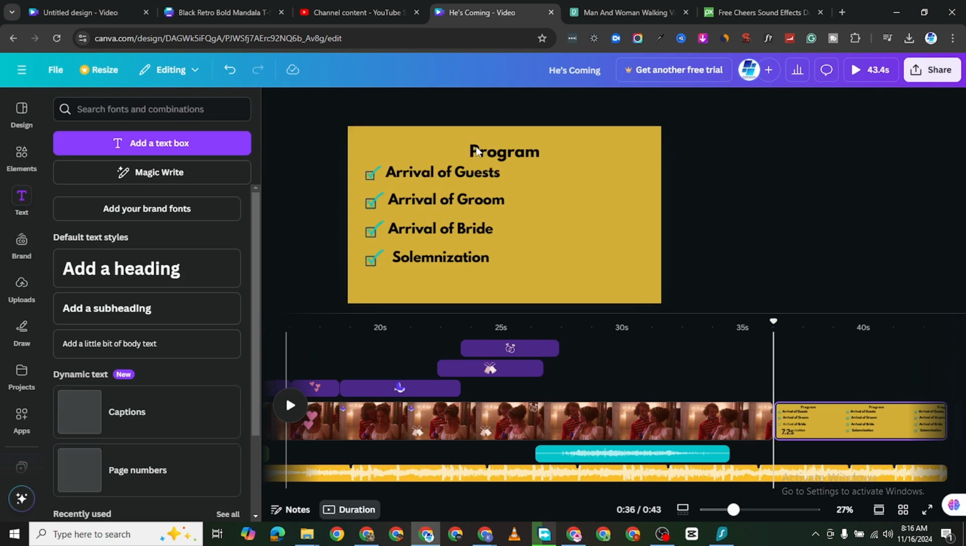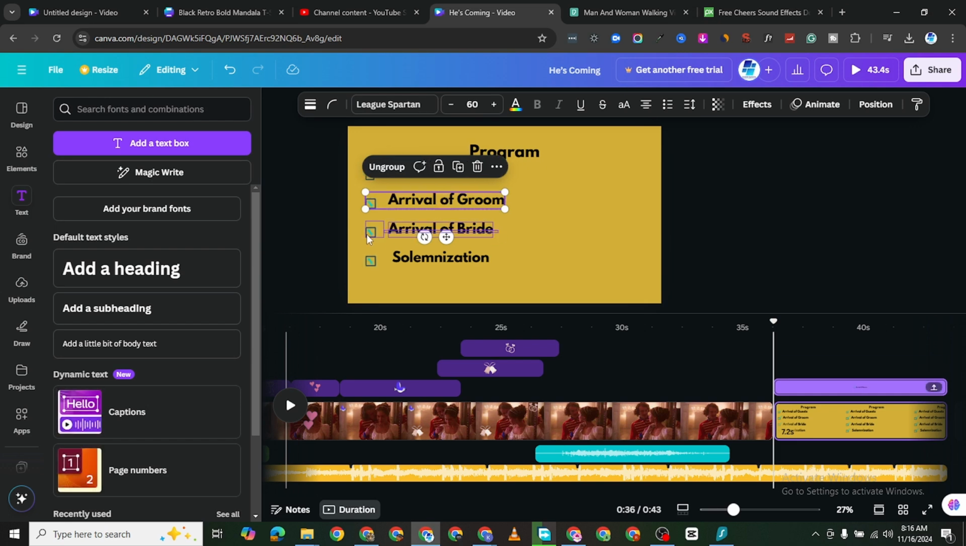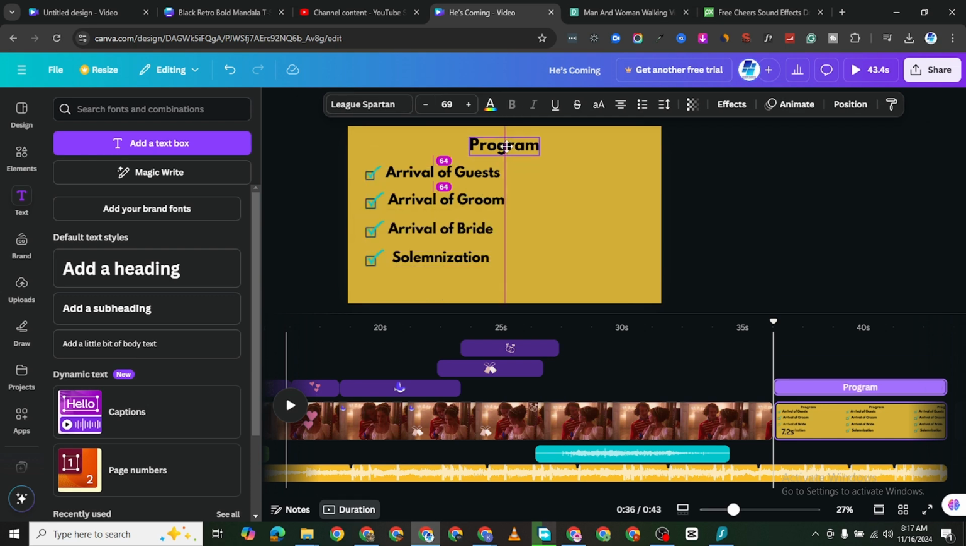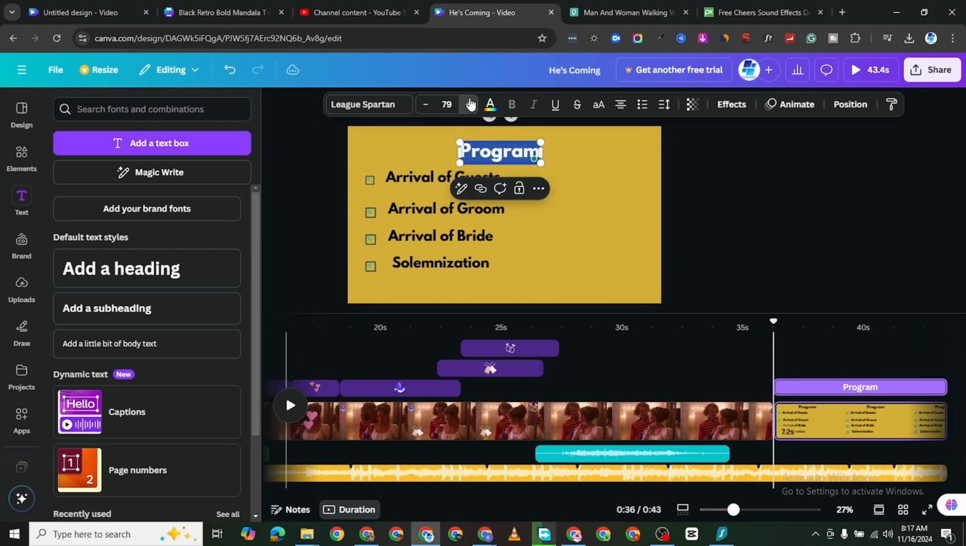No, not that. I want to group it instead. I want to group, group, group, and group. Now when you group each of these, you can move them easily with no hindrance. Okay, if I increase the size of this program to this,